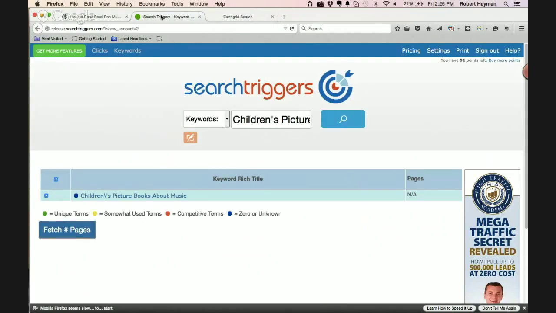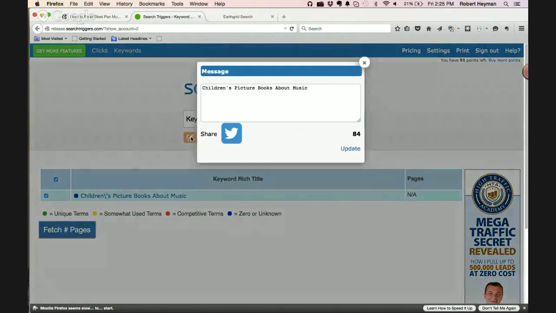Click on the little pen. Okay, I still never found the little pen. So it's that little orange pen right below keywords. Okay, great. So put in space after music. And then http://